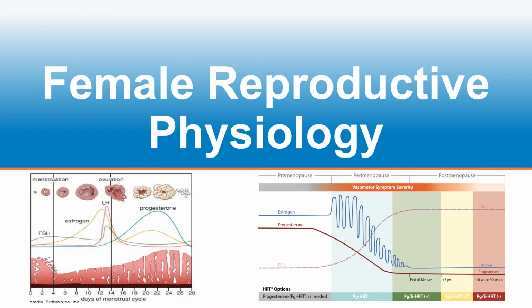And so what we see here is a picture on the left talking about what happens with reproductive aged women who are still cycling. And what we see is after a menstrual period here, how hormones will gradually increase, and this is FSH and LH, which come from the pituitary to control the ovary to make estrogen, to pop the egg, and once the egg happens, then progesterone is the predominant hormone. But you can see estrogen and progesterone come up, and then this